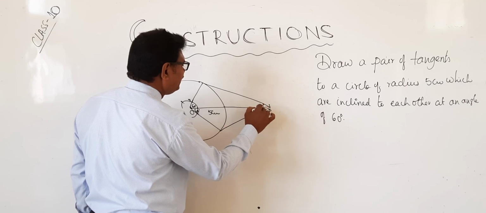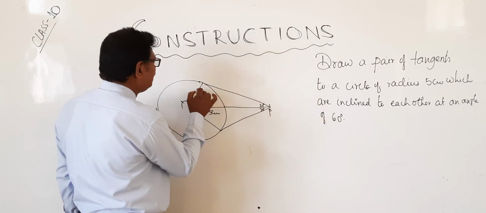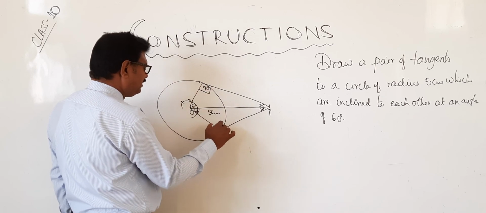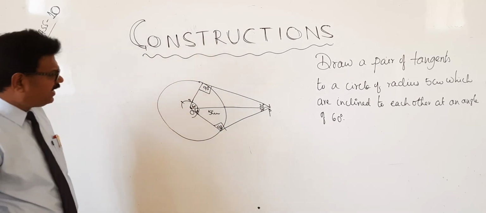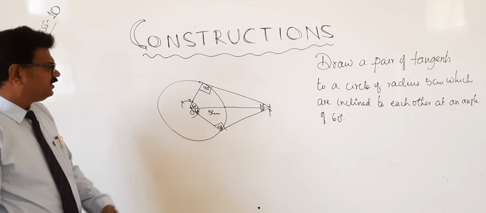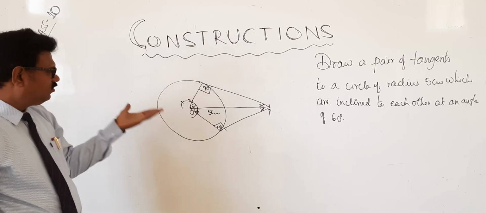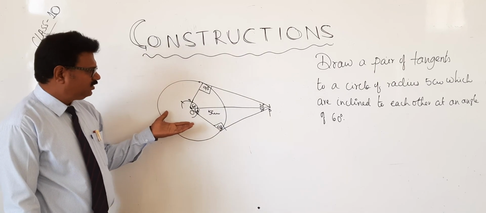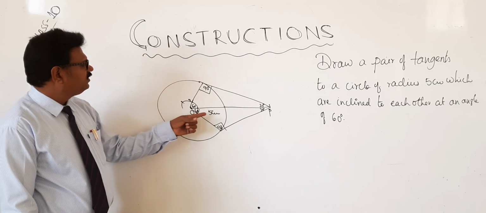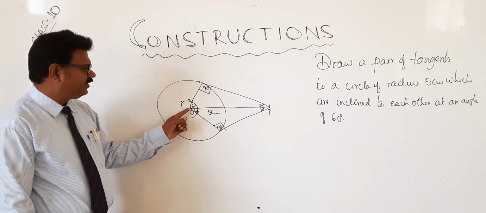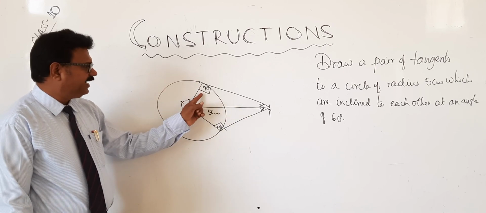100%, this will be 30 degrees, this will be 30 degrees, because it is 90 degrees, it is also 90 degrees. Okay? 100% it will be 90 degrees. Did you understand now? Yes? Over. Like this. Now you can take 5 centimeter here. This is also 5 centimeter. Now it is nothing but 90 degrees.